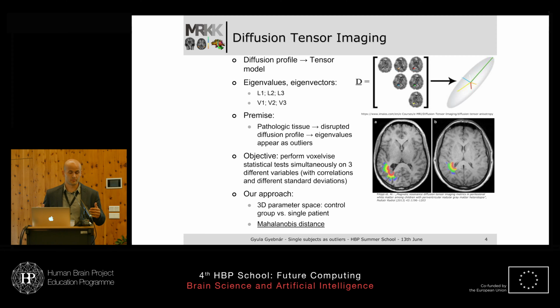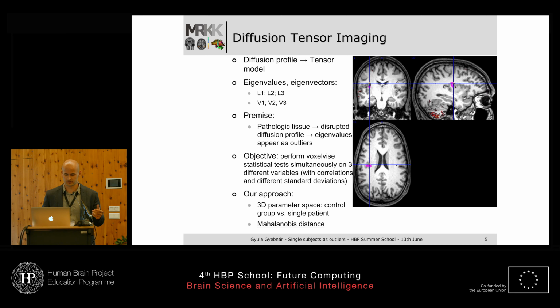And the general approach from this point, throughout the literature, is to calculate anisotropy measures and compare them on a voxel basis or even at a higher level between subjects and between groups of patients and controls. But the difficult statistical problem of the single patient versus control group comparison poses a significant problem to solve. So our approach was to take the diffusion